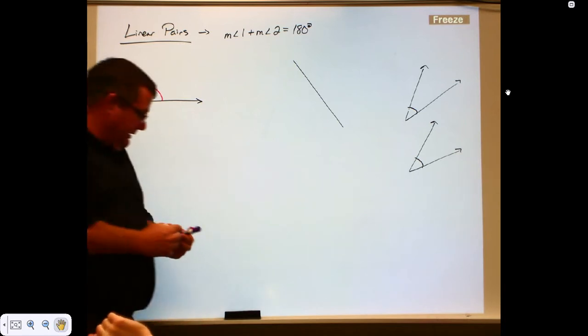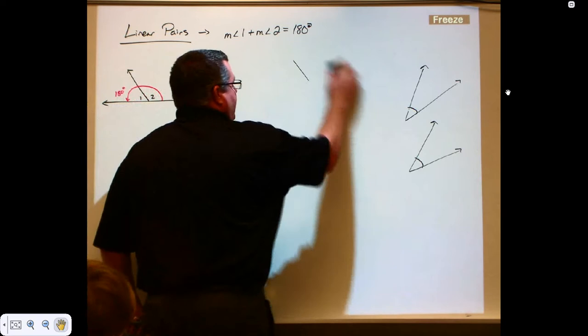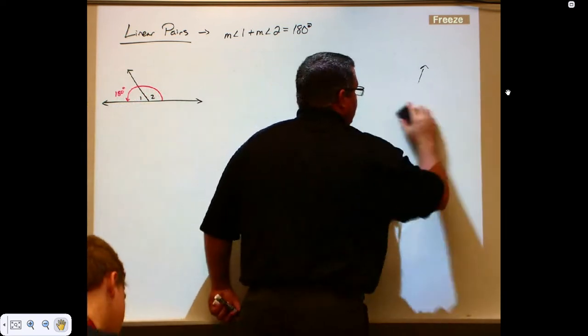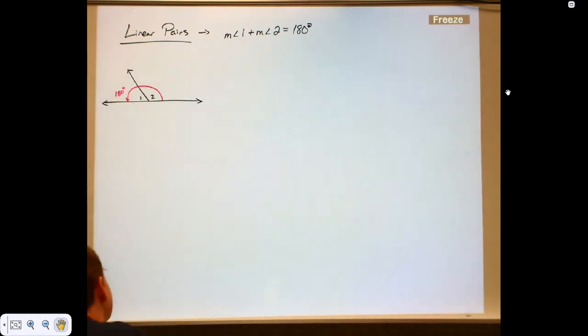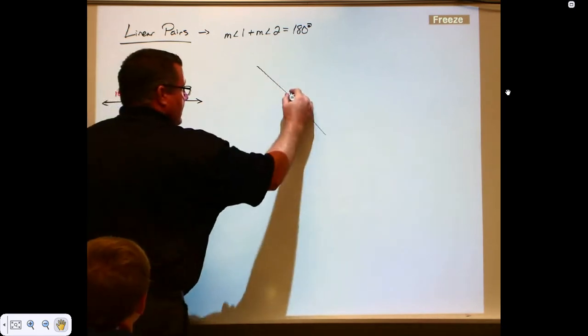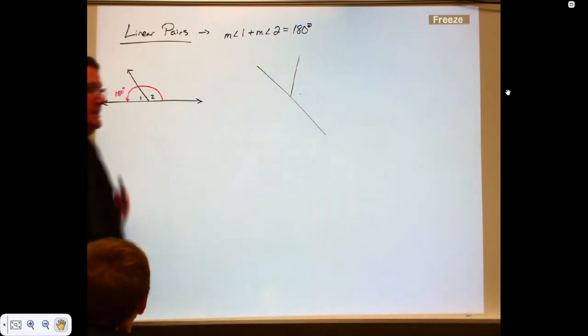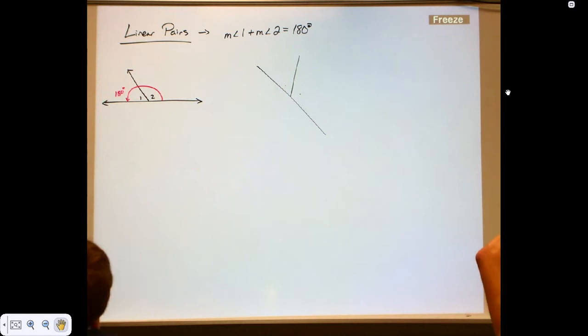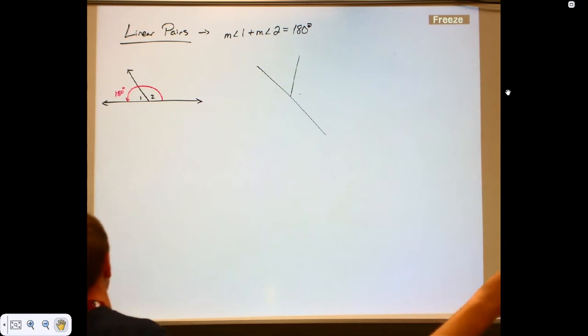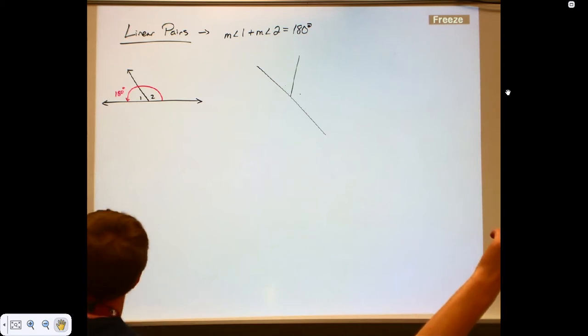Looks like it. The great thing about linear pairs, it is one of the few things that you can look at the problem and you can assume. In other words, straight line. Guess what that angle and that angle has to be? Period. I don't have to tell you that. The book won't tell you that except for after this point. You see, this is why I said these two are linear pairs, but from that point on, anytime you have a straight line,